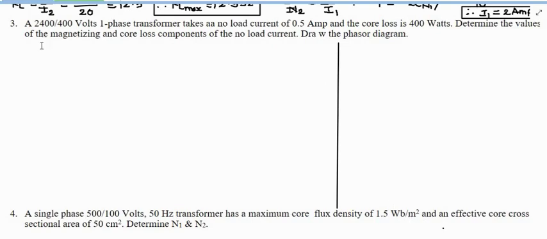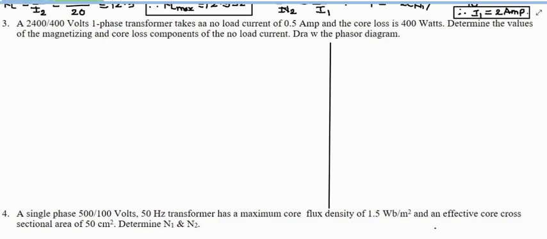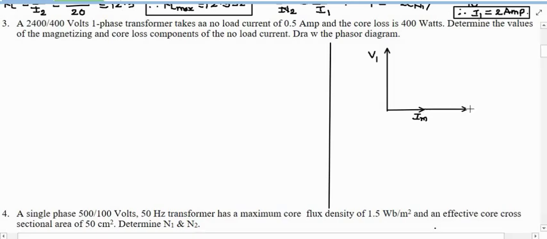So first of all we will draw the phasor diagram for this problem, means phasor diagram of transformer on no load. While drawing the phasor diagram at no load, first of all I will take V1 as a reference vector. When V1 is applied across the primary winding, Im magnetizing is taken from the supply, which will be responsible for producing the flux. This magnetizing component of no load current will produce the flux which is in phase with this current itself. So this will be your flux.